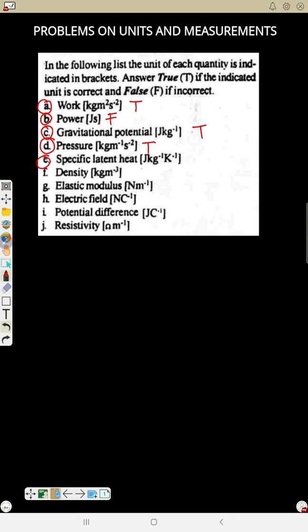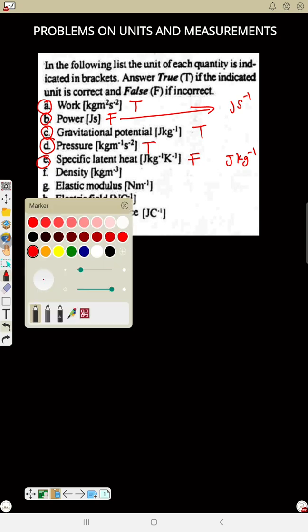E is false. The answer should be joule per kilogram. Why this one that is false also should be joule per second, like that. So now F,